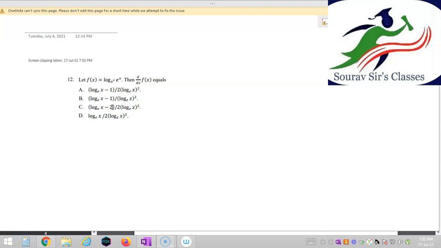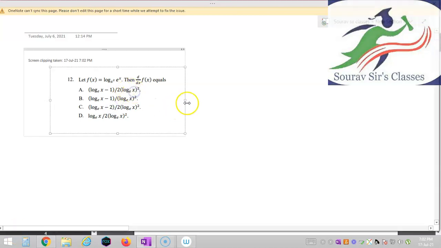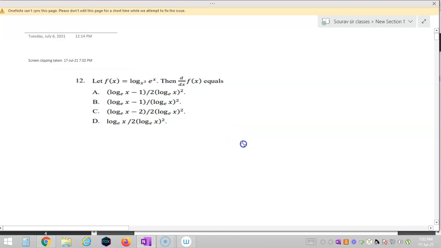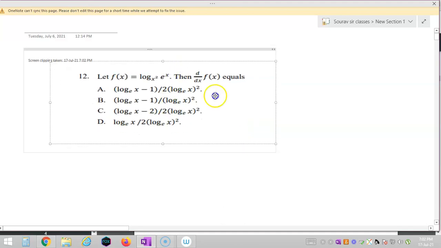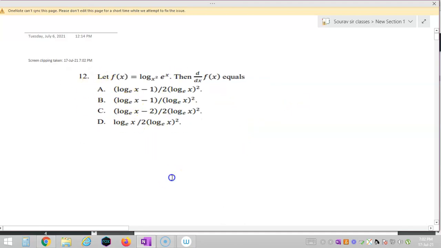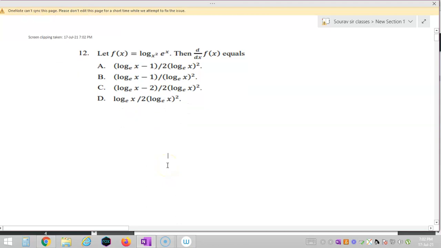So students, let's solve question number 12, which says that f(x) is equal to log of x square base e to the power x. Then we need to find d/dx of f(x). So we have to differentiate it. So I'm writing f(x) is equal to...